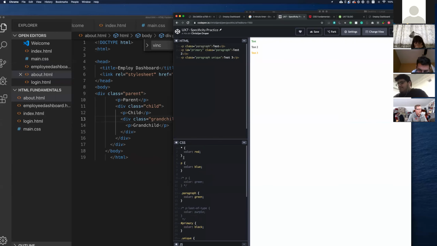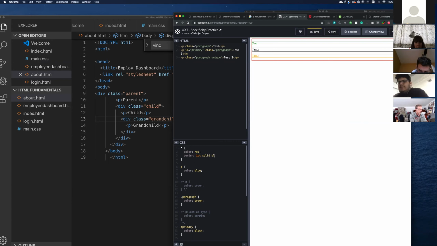So what I'm going to do is give everything a border: 1 point, solid black. You can see that by giving each of these elements a border, we begin to see this box that we're talking about. And if we inspect these elements using the dev tools,